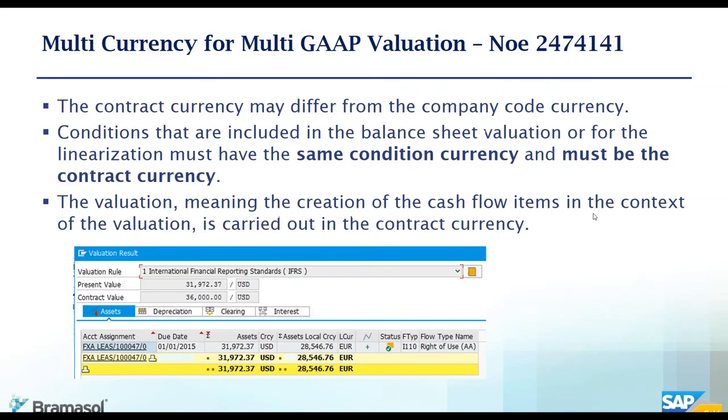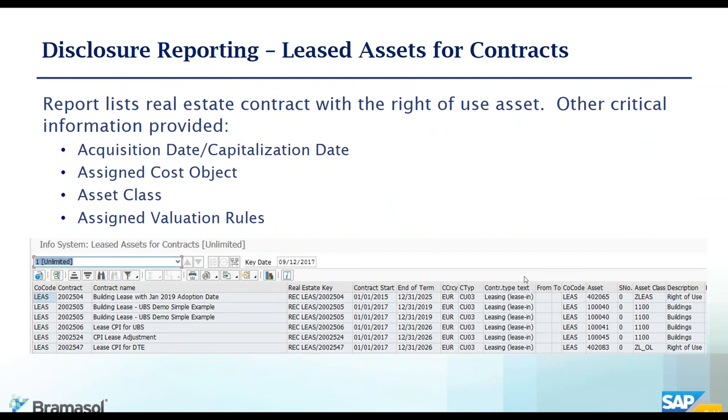All right. Let's keep going. So going on to disclosure reports, it was our strategy at SAP Real Estate that we would develop our basic functionality related to the solution. We wanted to have a very, very strong accounting back end and then bring the reports together with that. So we pushed the development of our reports towards the tail end of our development cycle because we wanted to make sure that our model was strong and stable. So we've been rolling out reports, and we will continue to roll out reports, as I'll show you in the roadmap. The first one is around leased assets for contracts.